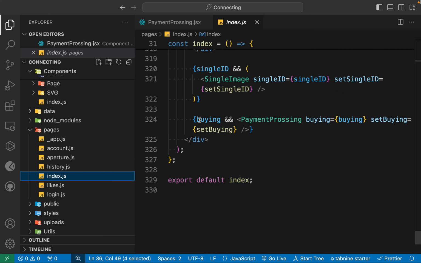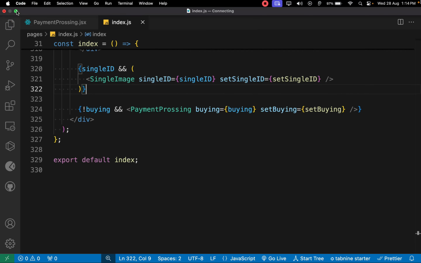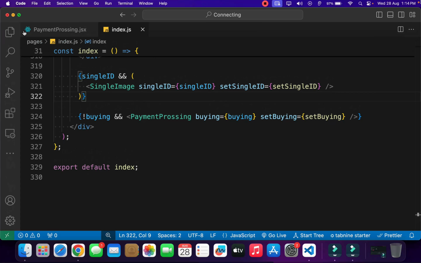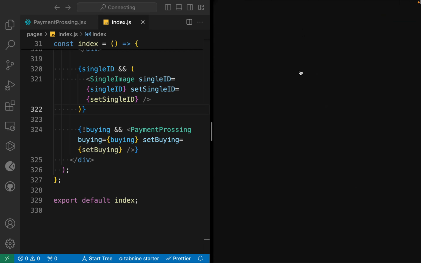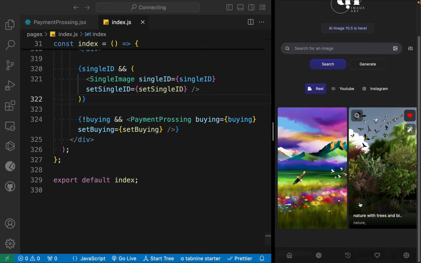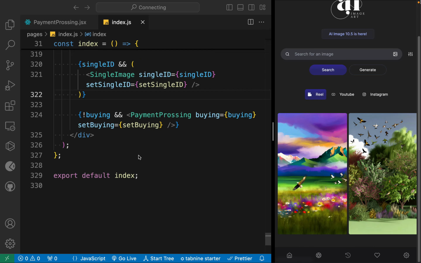So let's give this, save it, let's make it side by side. Let's come back to the home page, and let's bring it here, and you can see the component is working. Now we have to work on the JSX. Come back here,